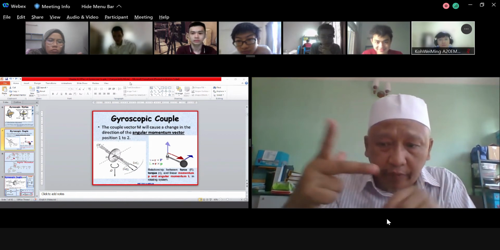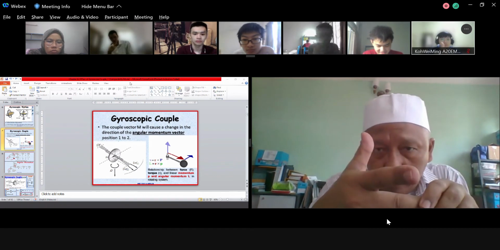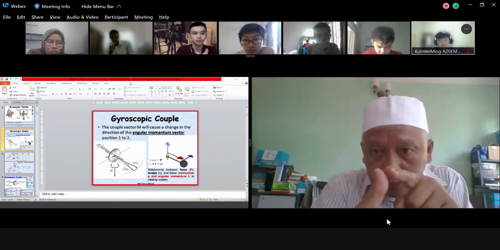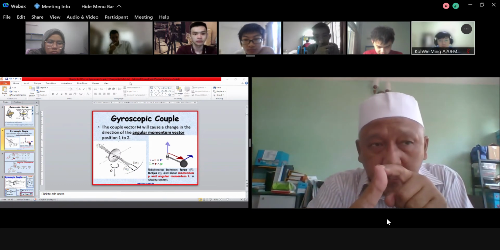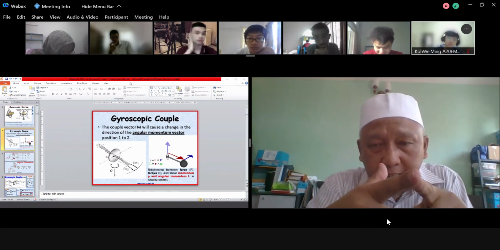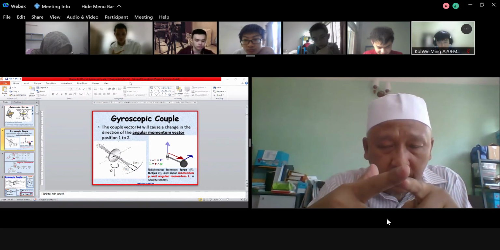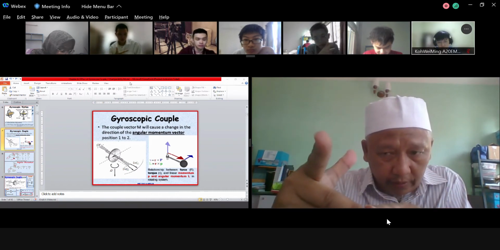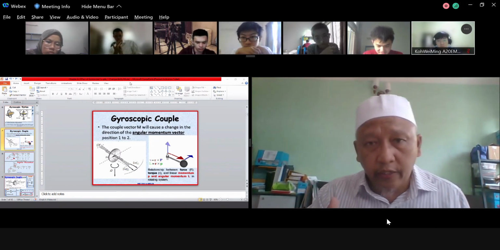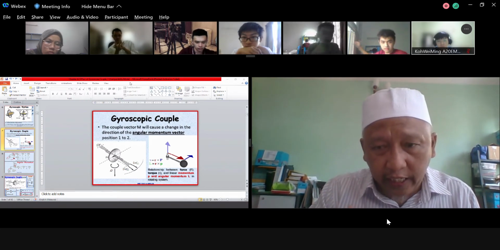The other one is the right hand flaming rule. Look here, this one is the right hand flaming rule. It comprises the thumb itself, the pointer, and the middle finger. The thumb is the precession. Remember the bicycle wheel just now, the precession. The pointer is the spin. The middle finger is the couple. So you have precession, spin, couple. You need to know this. You have only two rules to familiarize so that you can easily use them in the solution.